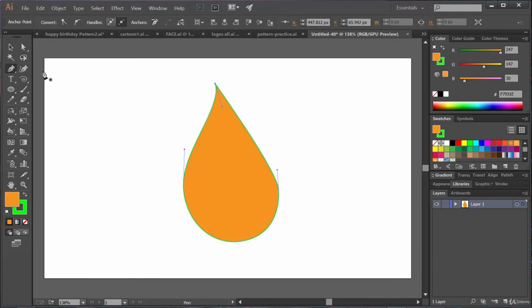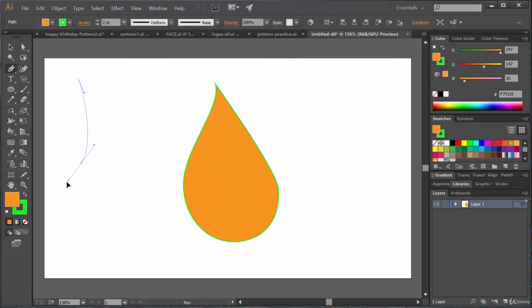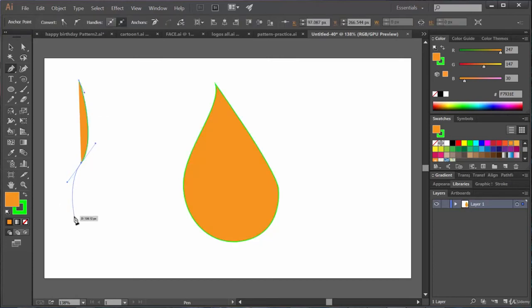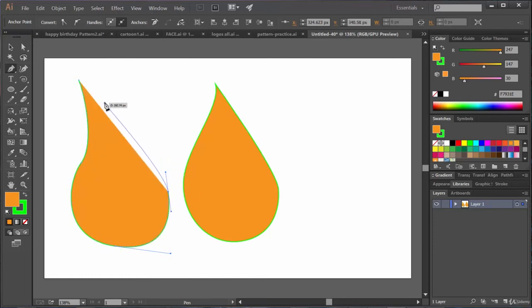Say for example, again let's create this leaf like this, and see what is going on. We are trying to draw this leaf with the fill inside, but it is having a fill here. So that's not what we want, right? So it might confuse you sometimes. So for this reason, just work in outline mode.